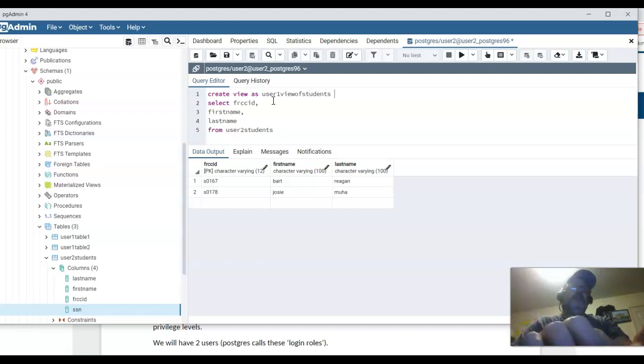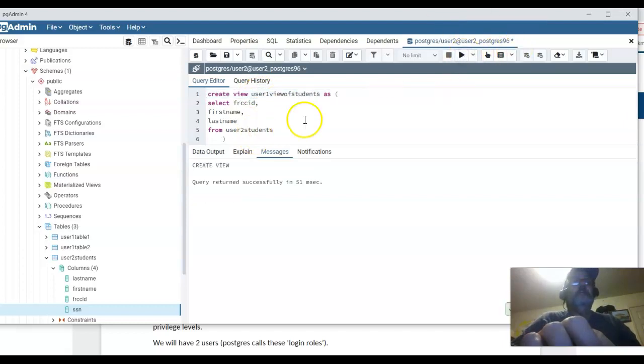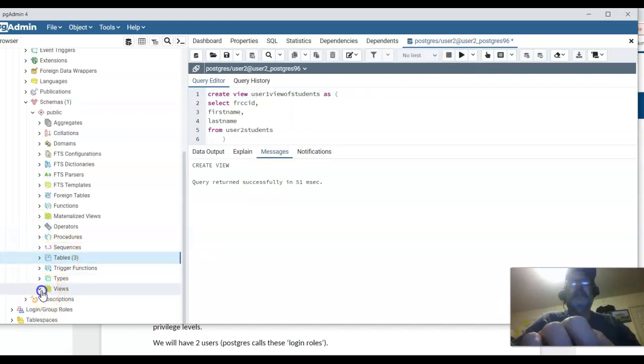And don't put any capital letters in here, any of this. And let's see if this actually runs. Oh. Create view, username, name of the view. Okay. So it has created a view, and this is a lot like creating a query in Access, except